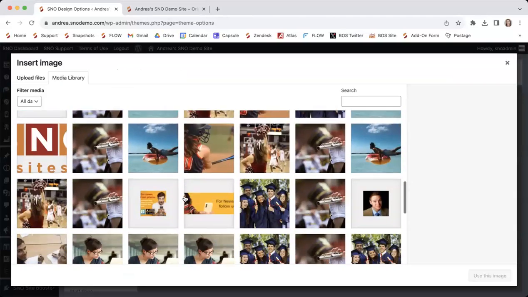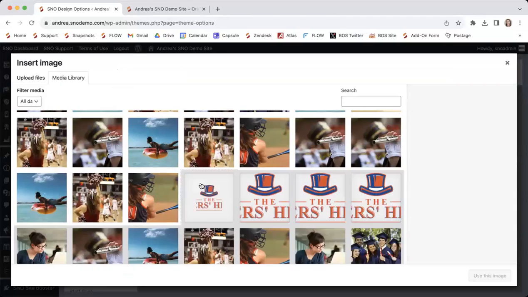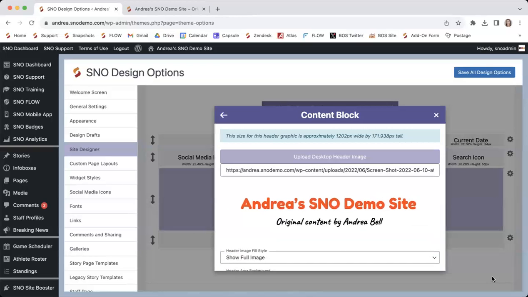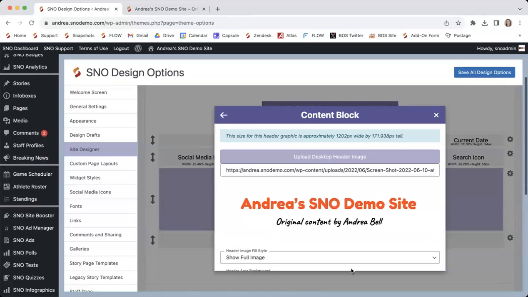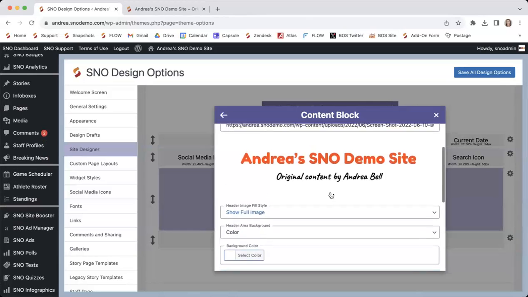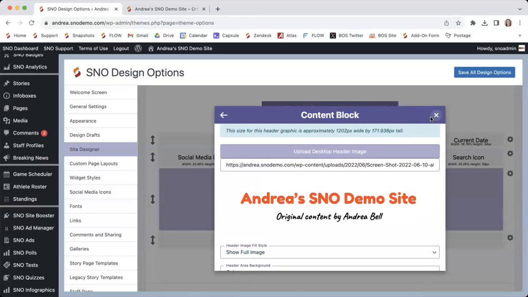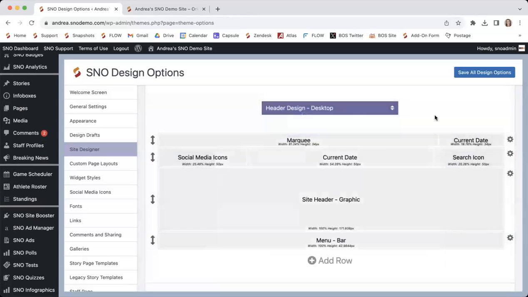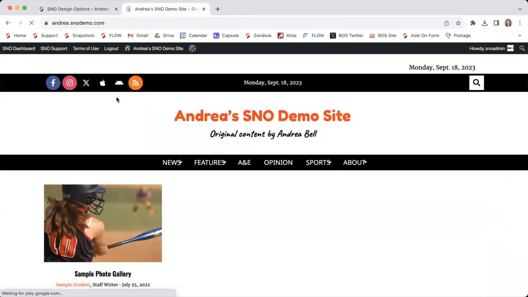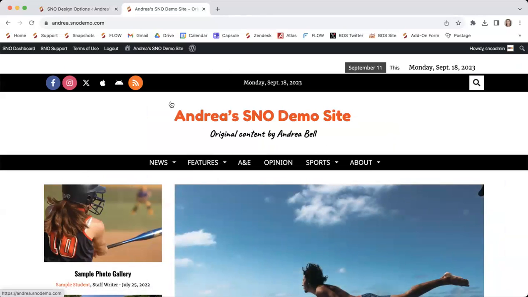And let me see if I can find my graphic image here. I know that I have one. So I will upload that image, and I've got some different options here for things like background color and things like that. I'm going to leave all of that as is. Just like with any other element, once I'm done with it, I will click on this little X in the corner, save all design options. And now if I refresh my home page, I can see that graphic header now in place where my text